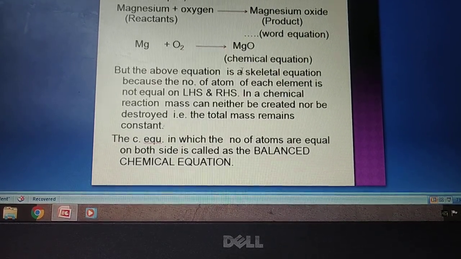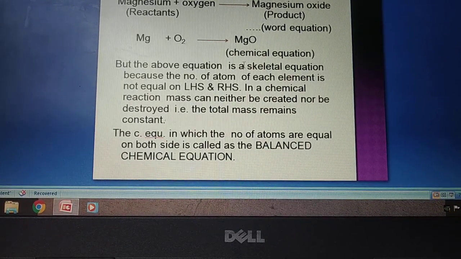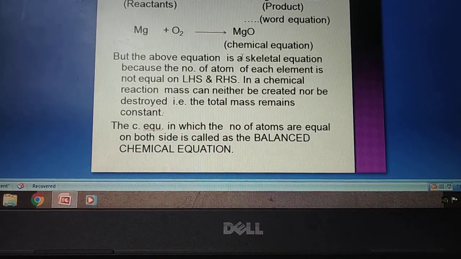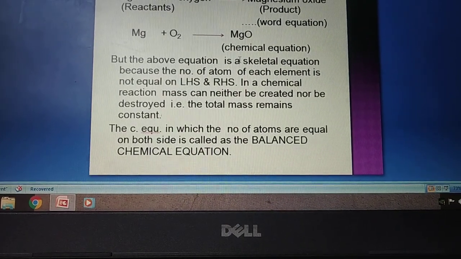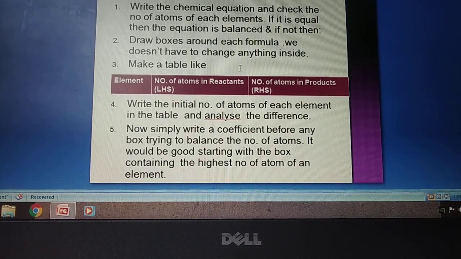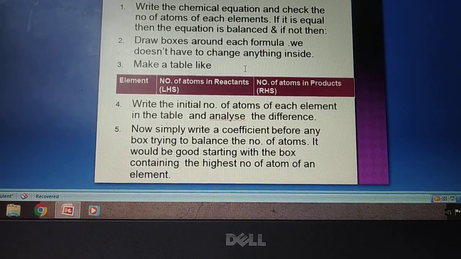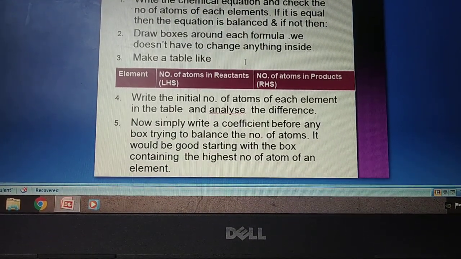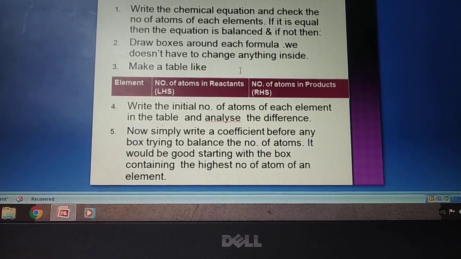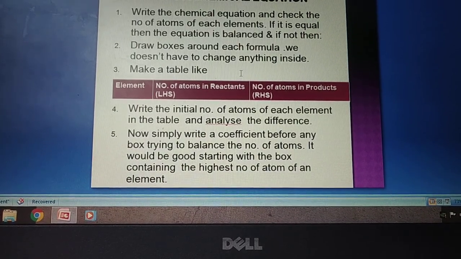The substances which undergo a reaction are called reactants. Reactants are nothing but the chemical substances which are doing exchange of ions in a chemical reaction, and the product formed is the result. Balancing a chemical equation. How do we balance a chemical equation? First of all, now you know that we use atomic symbols or chemical formulas of compounds in chemical equations, and we will balance them.